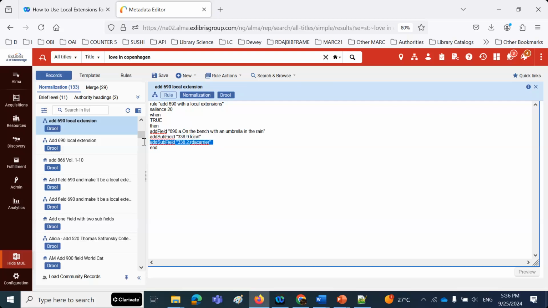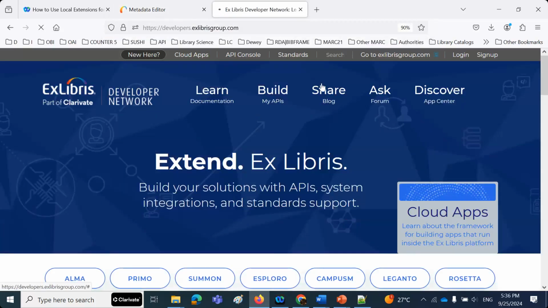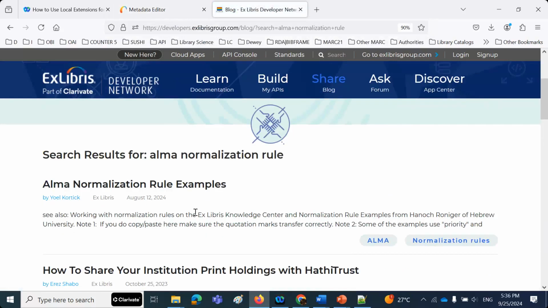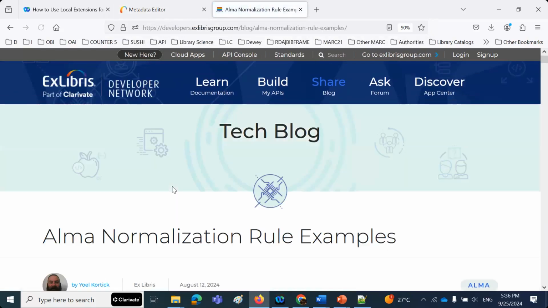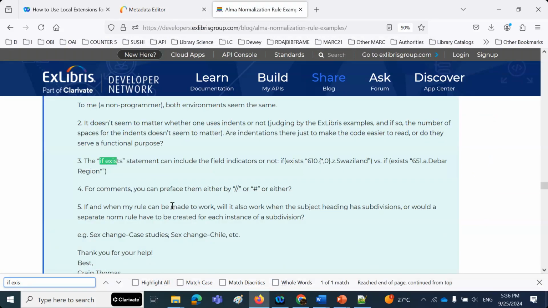So you could make a set and then run a normalization rule which does something similar to this. It would be a 699 local. Now we need to say if exists 690A on the bench in the rain. Okay, we're getting a little more involved here, but we said ask the questions, so that's what we're doing. We will say here ALMA normalization rules. You can see also here how to go about making a normalization rule. So I'm just going to take all these examples. We want to add that 690 subfield A 9 with the local only to a specific one. So we're going to say if exists, and